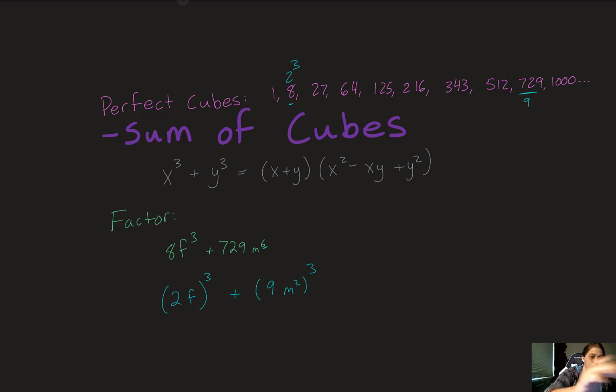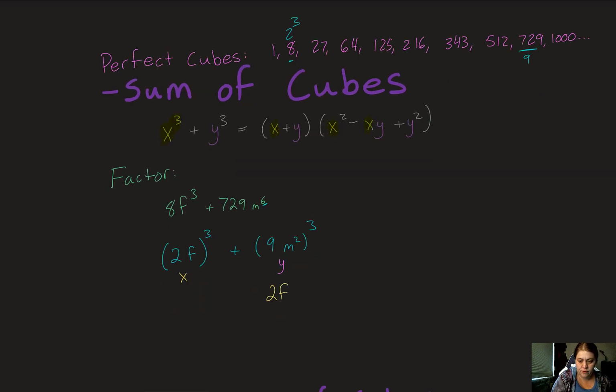So this turns into my x. This is my y. We'll do that in pink. And so everywhere we see an x, we're going to write that 2f nonsense. And then everywhere we see a y, we're going to write it in with the 9m squared. So let's actually process that out. So we have